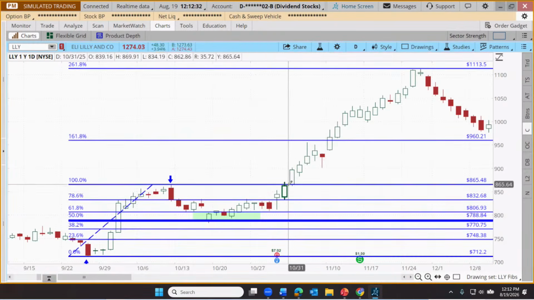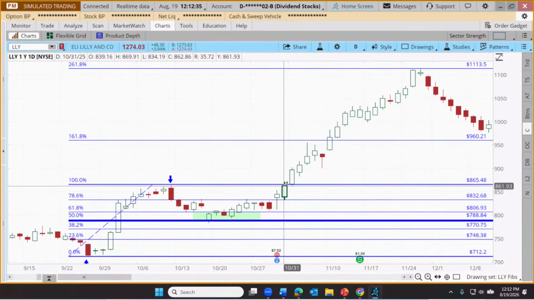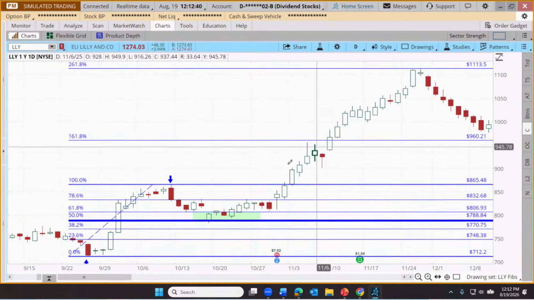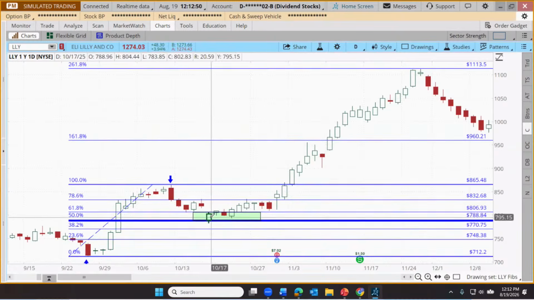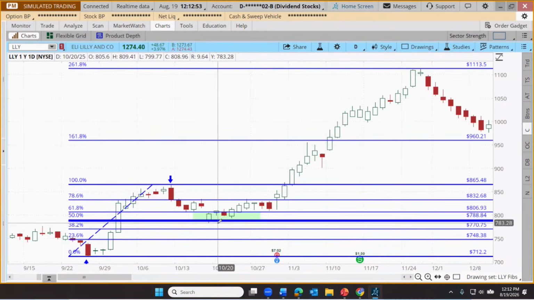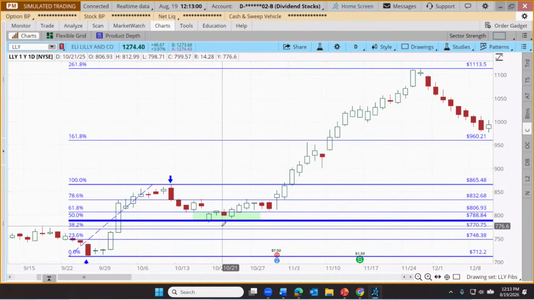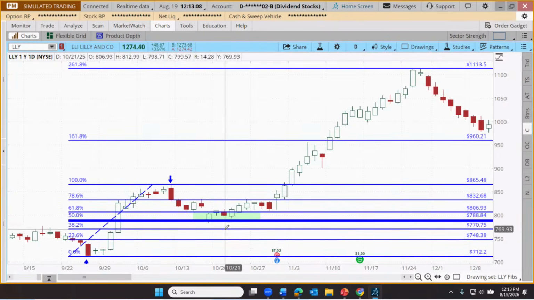So in this case, some more conservative traders might have taken profits here. Others might have waited to reach back up to that 161.8, or maybe they took half here and the rest here. Lots of different ways that this might be traded, but it doesn't always work. Sometimes it fails. So the trader might look for, if we get down below 50, and especially if we slip down below that 38.2, maybe this one's not going to work out so well. Maybe it's not just profit taking. Could it be that there's some panic selling that's crept into the equation? In that case, maybe the trader just takes their lumps somewhere down in that range.